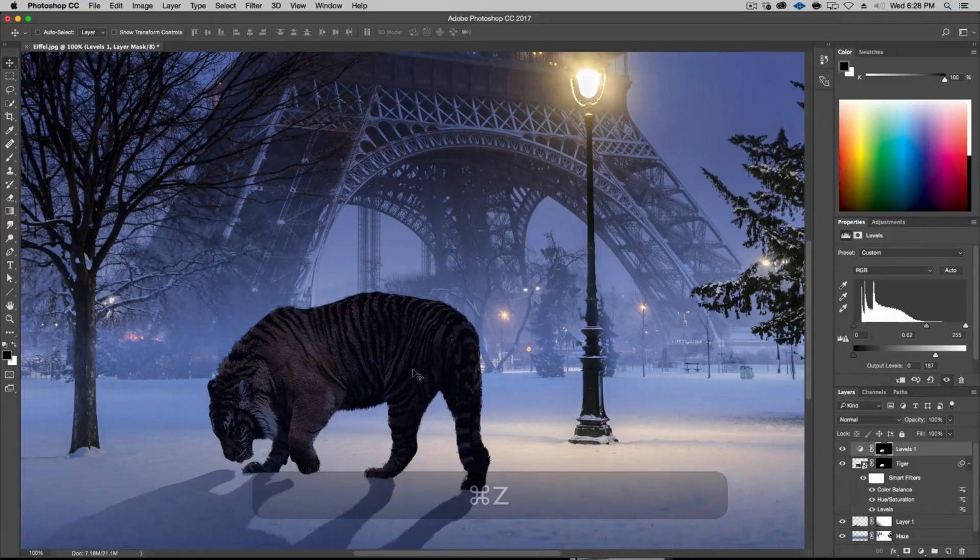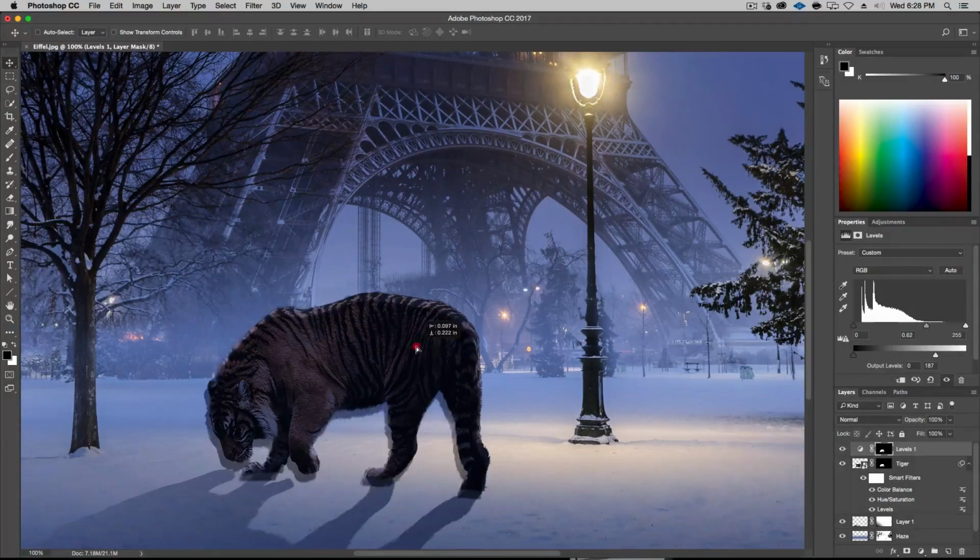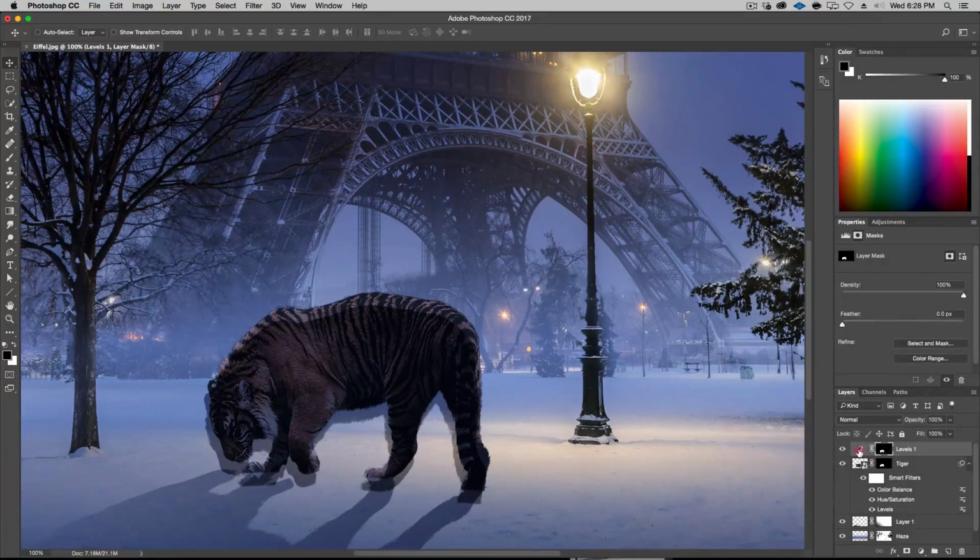I'm going to do that move. Now what I'm going to do is move it around here, okay? Something like this, okay? And I'm going to go to the mask. So I click on the mask, not on here, which is the levels. Click on the mask, and I say feather it a little bit, maybe a little more, something like that, okay?